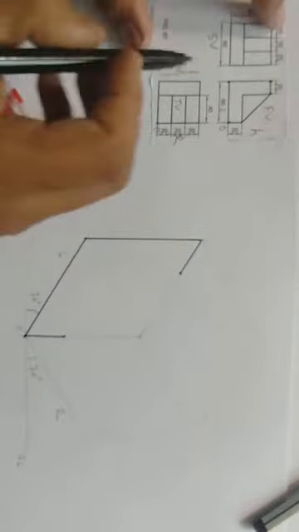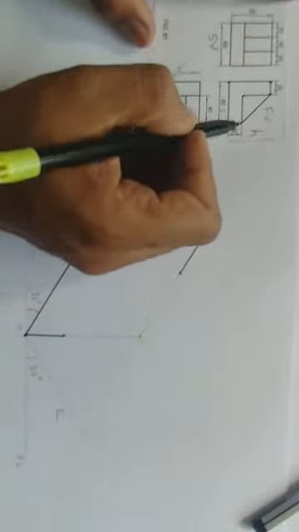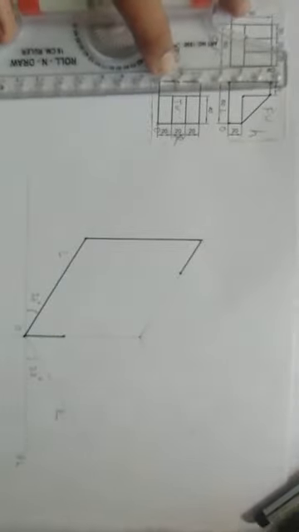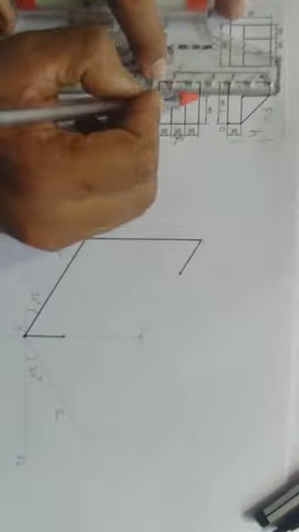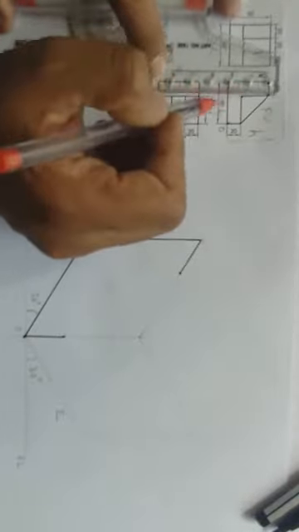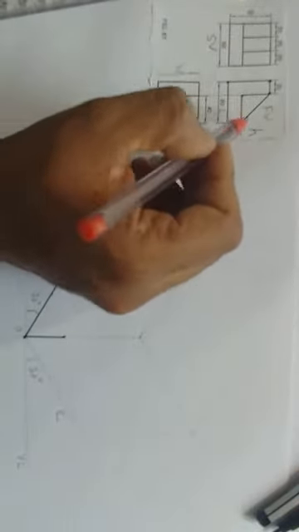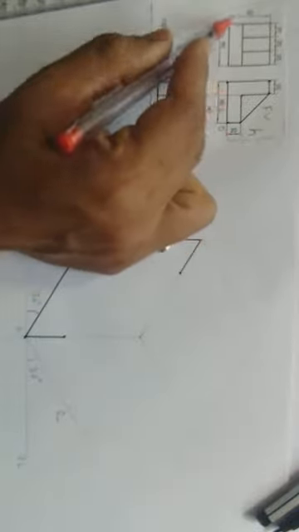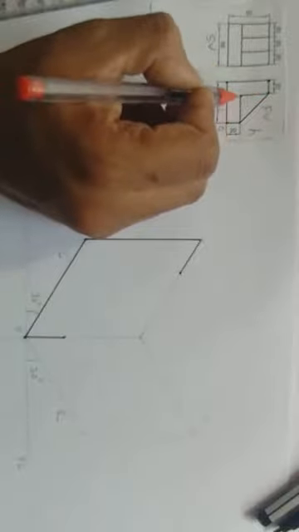Similarly, we need to locate this particular corner, which is exactly at a distance of here. If you see, this particular distance is 40, and if you project this somewhere here, this distance is 40. If this is 40, then if you deduct this distance from the total height of 60, the remaining distance will again be 40. So this is 40 and this is 40.